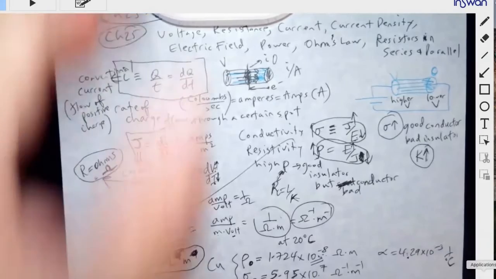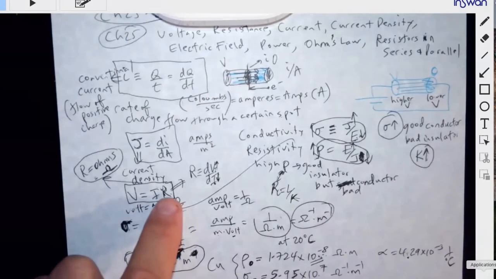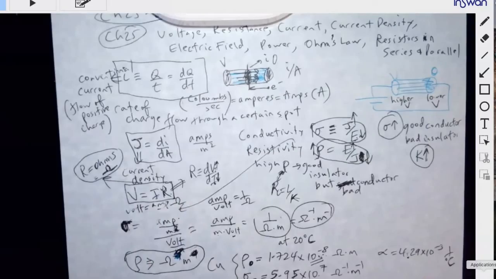Oh, the next thing is to derive the equation for the resistance of a cylindrical wire. So let's say you have a wire like this,